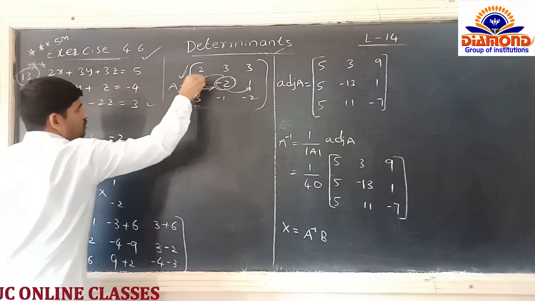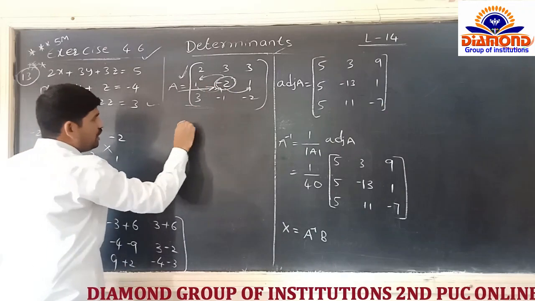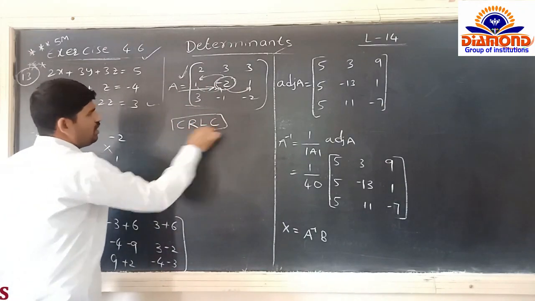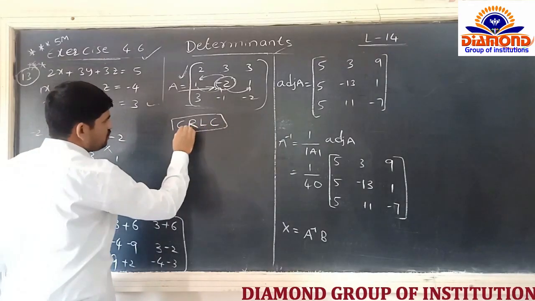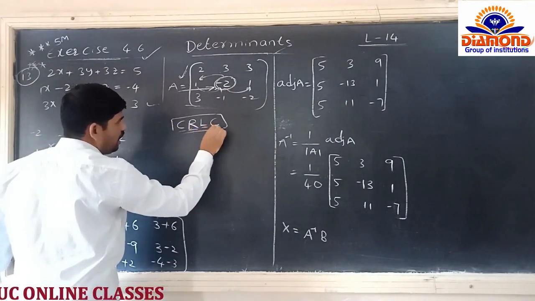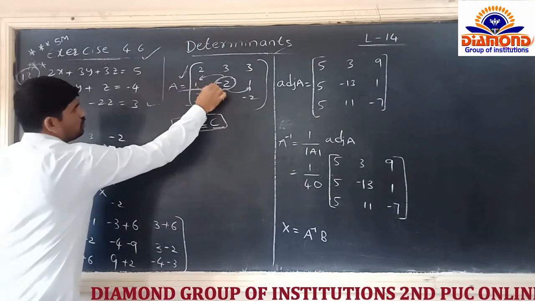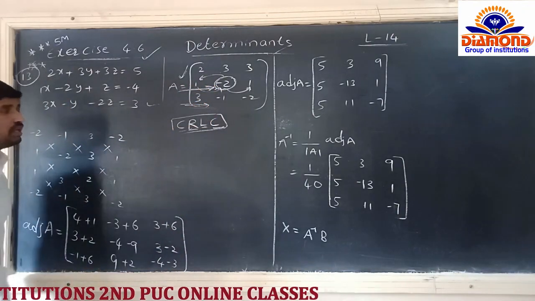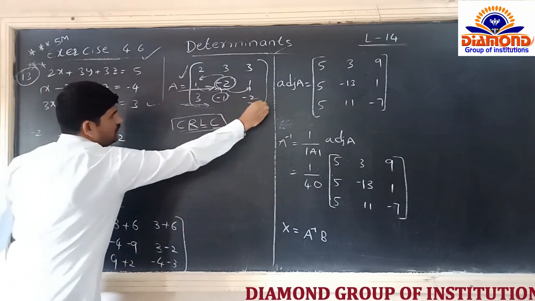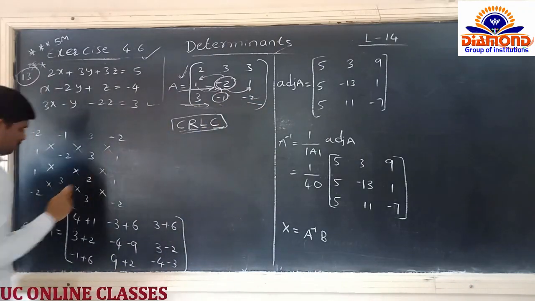After that we have to come to the left, again having the 1, and again we have to write the middle one. Actually this is center, right, left, center. You have to remember it like this also: CRLC means first we write the center one, next we go right, again we come left, again we enter the center one. Next, after completion of the second row, in the same manner we write the third row. The element is minus 1, then minus 1, again right, minus 2, that is left 3, and again we write the middle one, minus 1.